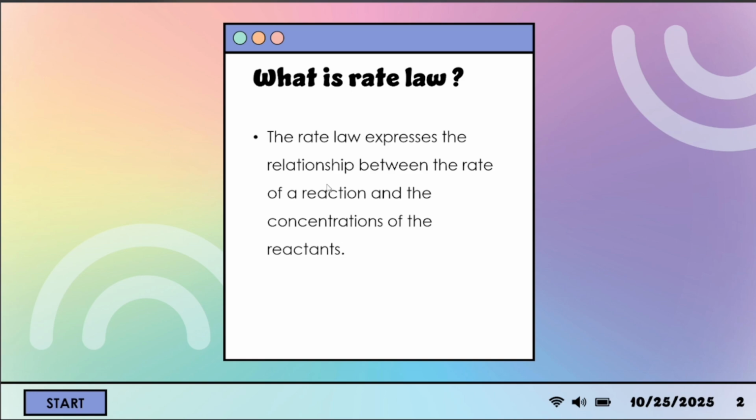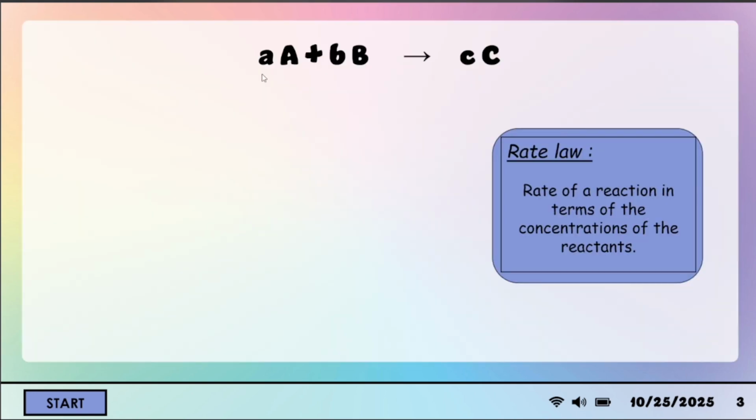Now let's take a simple example. aA plus bB gives cC. Here the capital A and the capital B are the reactants while the capital C is the product. While the small a, small b, small c are known as the stoichiometric coefficients. As we have seen, we have to write rate in terms of reactants only. Okay. The rate law for this reaction will be